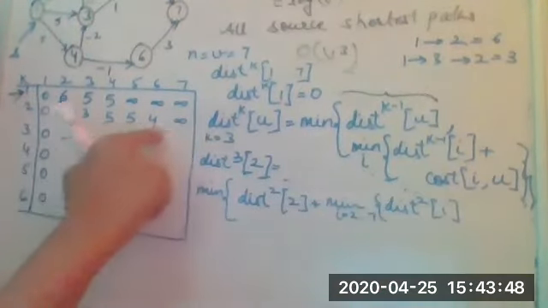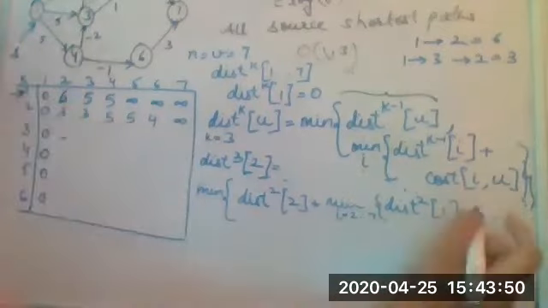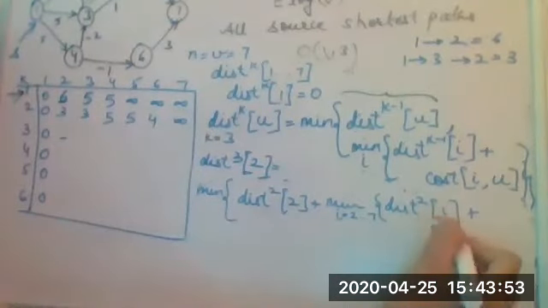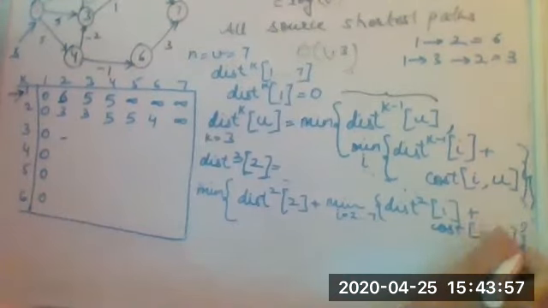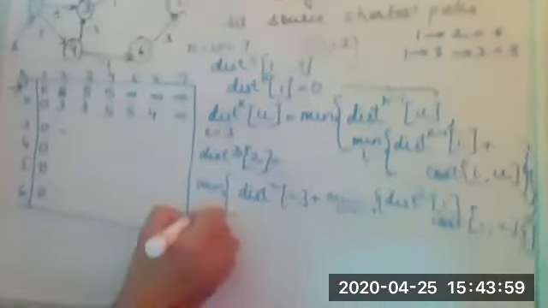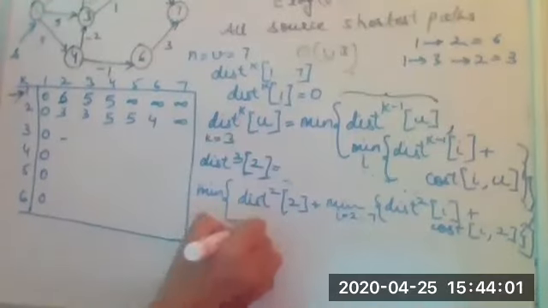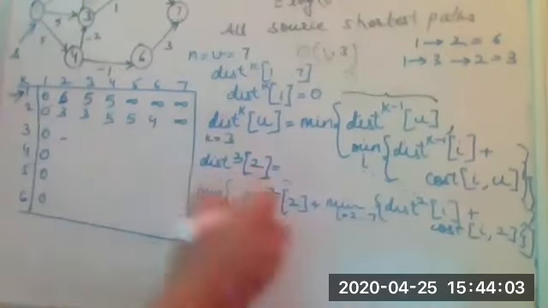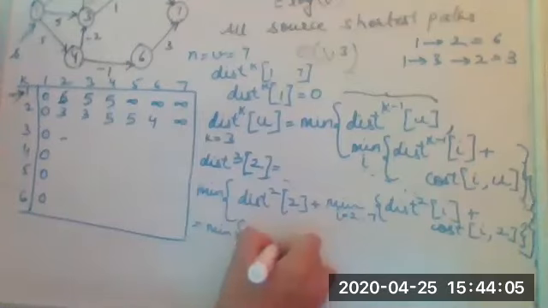So we are now going to consider these values plus the cost of I to the second vertex. Yes. So the minimum value that we get here is 2 to 2 distance was 3,